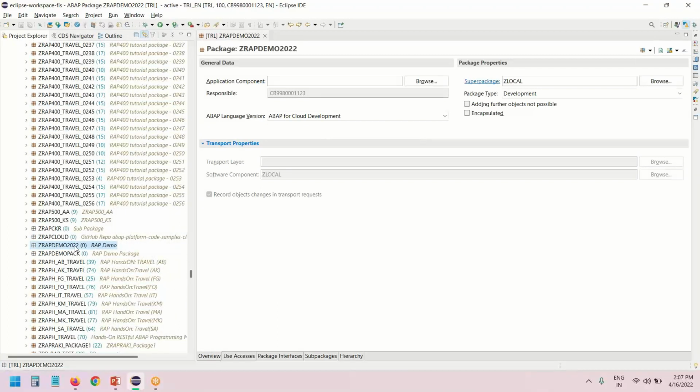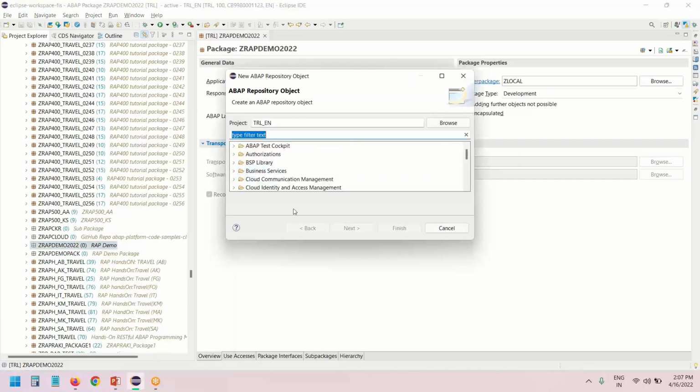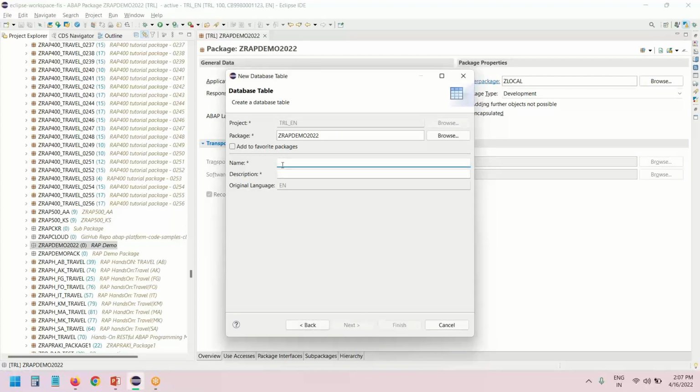Now in this package, I'm going to create a new database table. So let's go ahead and create a new database table. So we search here for database table. If you are new to this tool, the so-called ADT tool, don't worry. In the next episode, I will show you how to set up this tool free of cost on your personal computer. So let's create a database table,